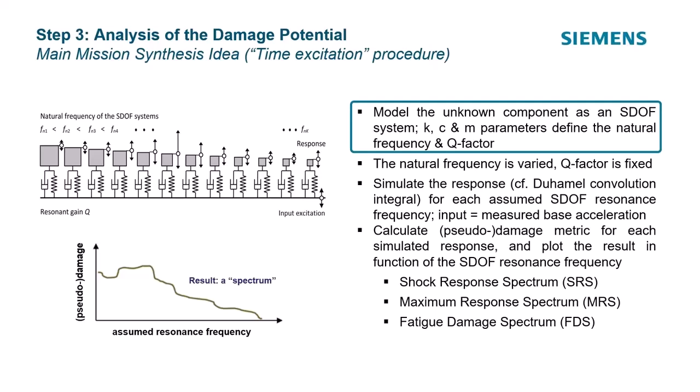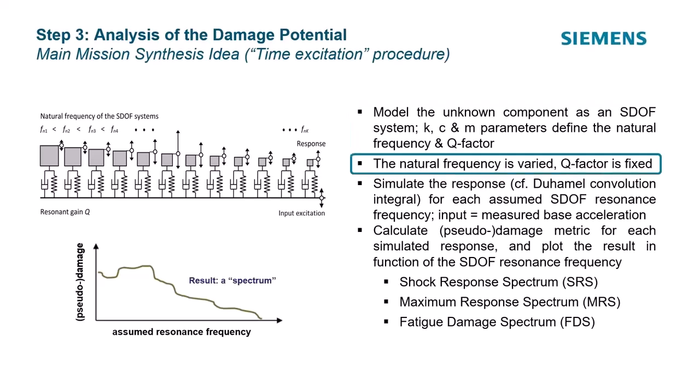We got K, C, and M. Basically, the K and M, square root of K over M, that's the frequency. And the damping, we're going to call it the Q factor. Q is a measure of damping. Natural frequency is varied, so we're going to test at various frequencies. The Q is constant over the whole thing, so we're going to choose a Q. Typically, I see 10 used a lot. So you can look at these systems as almost filters.